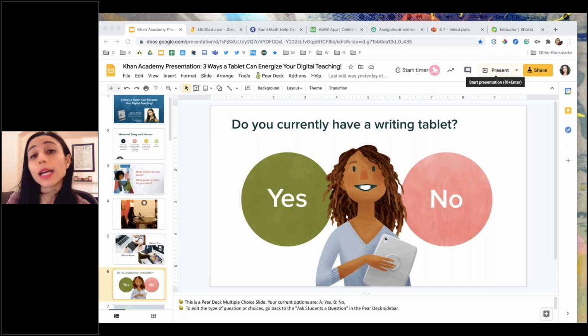Again, the Wacom One, I love it for making my flipped classroom videos. It does need to be plugged in. So I just like to mention that because I think it's important to weigh the options. Do you need portability or are you going to be making videos all the time? In which case, I think the Wacom One is really worth the investment. That's what I use most of my time and I just love it.